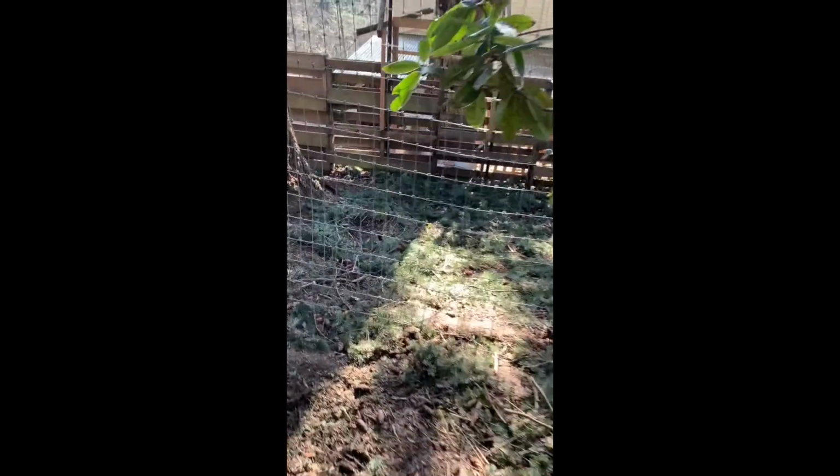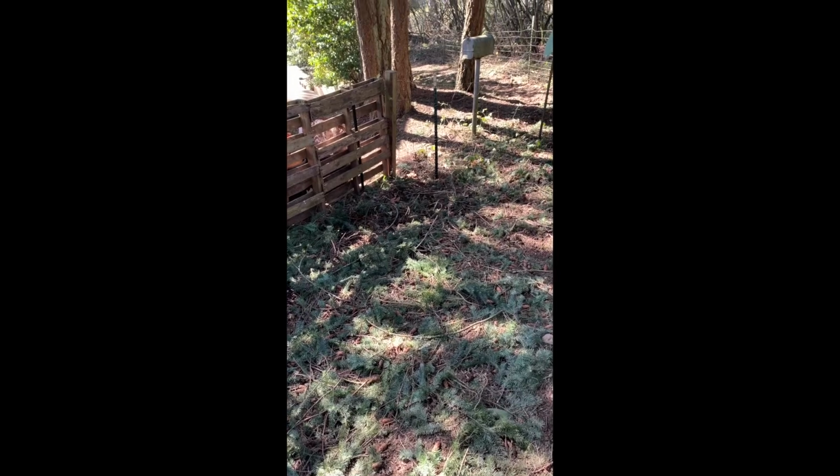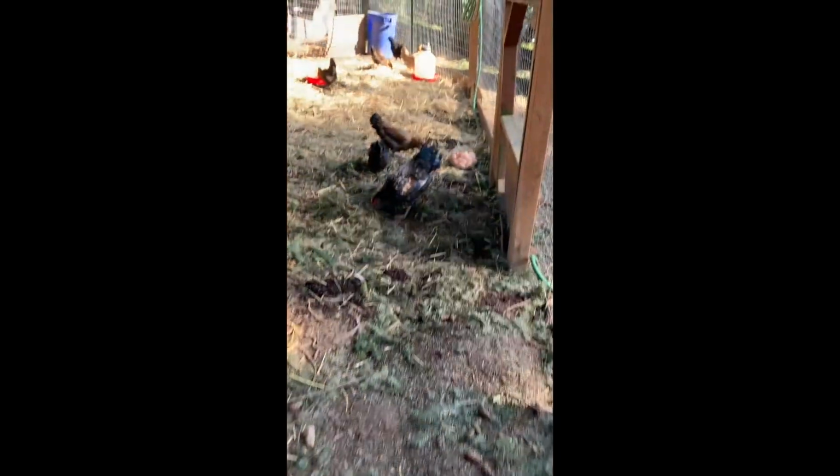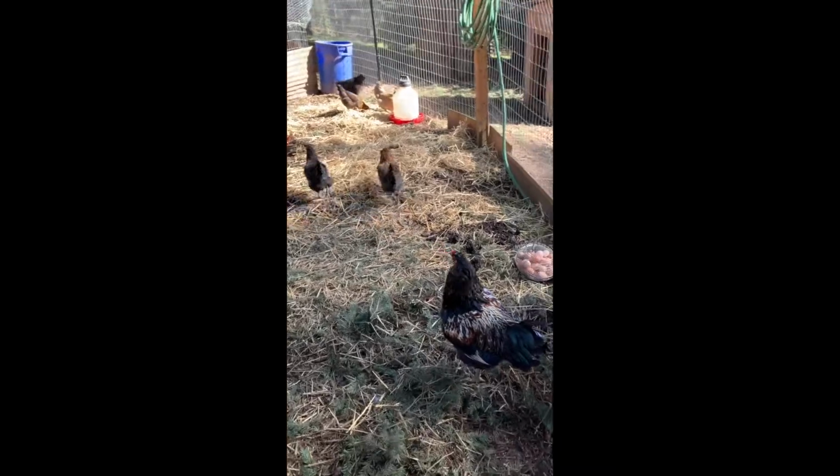And as you can see out here where I have not raked outside the run, that's just what our property looked like. We had ice. It piled up on the leaves and branches almost 2 inches. And it was slick. It was just this really pretty shiny coat of ice on everything. And it ended up covering